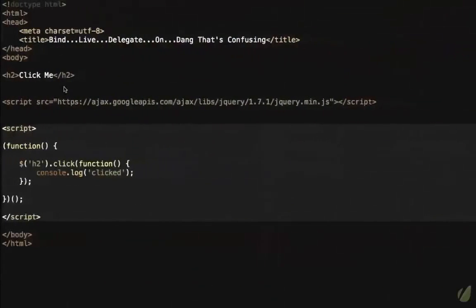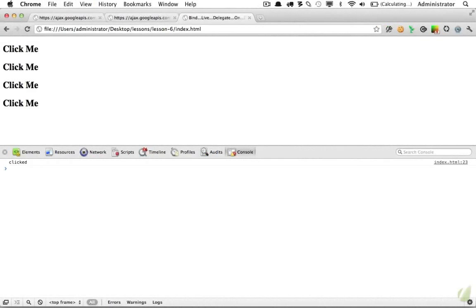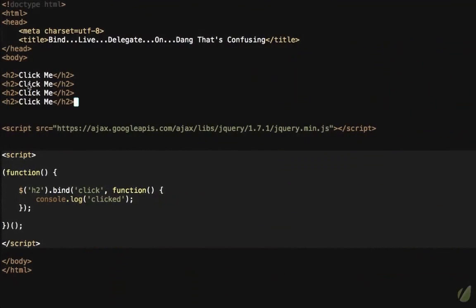Now here's where it gets a little bit tricky though. When you're calling, and I'm going to backtrack a few steps, when you're calling bind, you're attaching an event handler to every single element in this wrapped set. So if we have 5 heading 2 tags, we're attaching 5 event handlers. Refresh, click on it, we're getting the same thing. And as we learned in Events 201, I believe, that can be a little costly when you're attaching the same event handler over and over. And then also, once you're updating the DOM when you do this, those updated elements will not receive the event